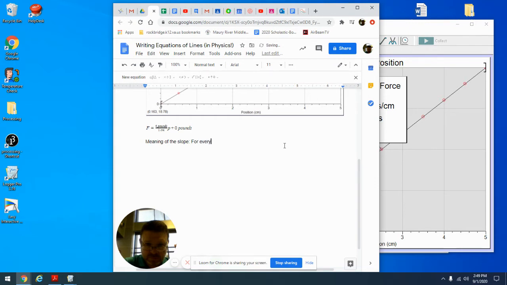For every 1 centimeter of stretch, the spring is going to resist with 4 pounds of force. Now, if this was a real lab report, you wouldn't have to say those exact words. The key things here are for every 1 centimeter